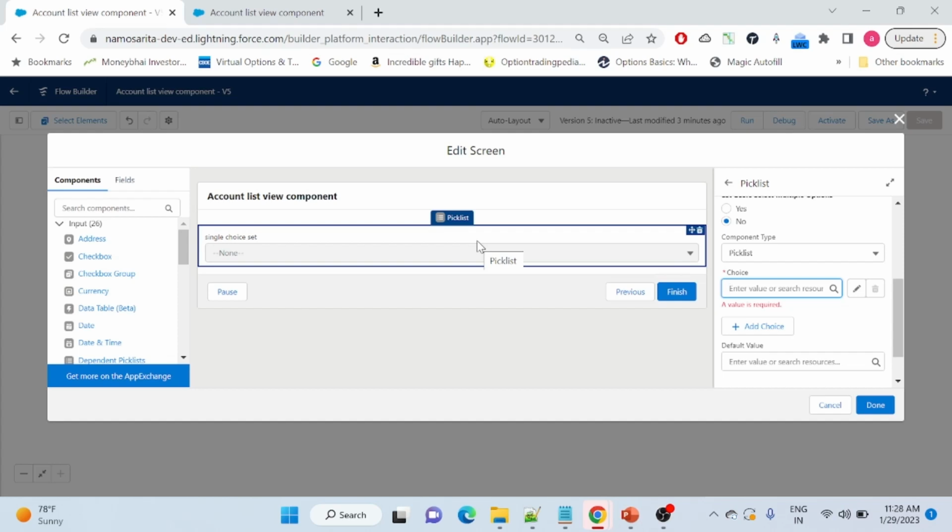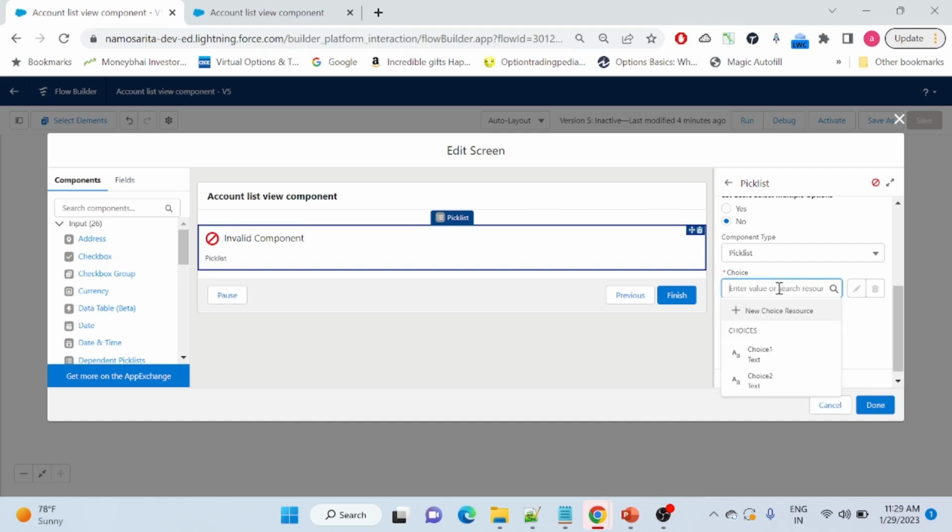Okay, but again, the maintenance will become difficult because let's say tomorrow if any other value gets added to the pick list, then again you need to come here, come to the flow and make the adjustments. Okay, but what if I say that you don't need to do that? You can directly fetch the pick list values from the field and show it on the UI. That is also possible. So how that is possible is by using